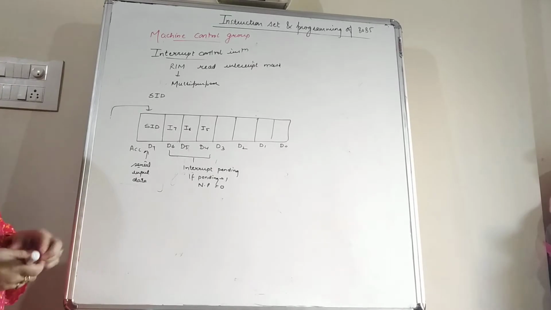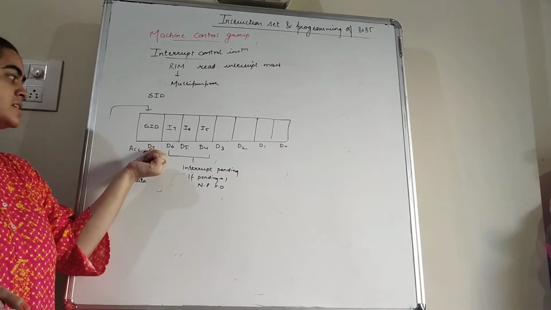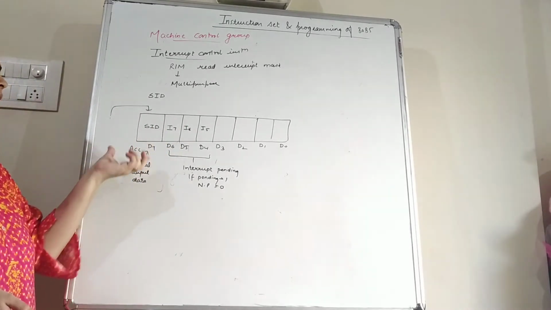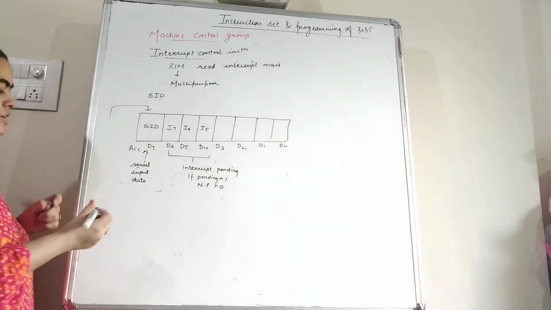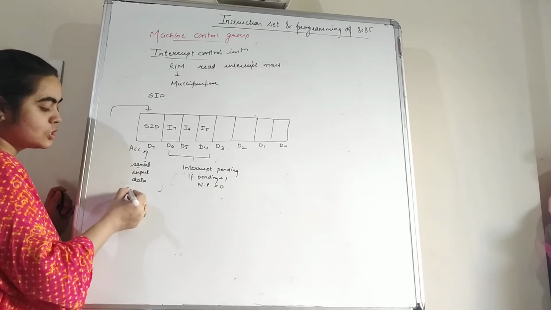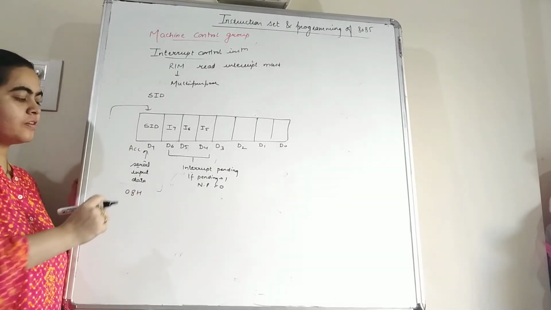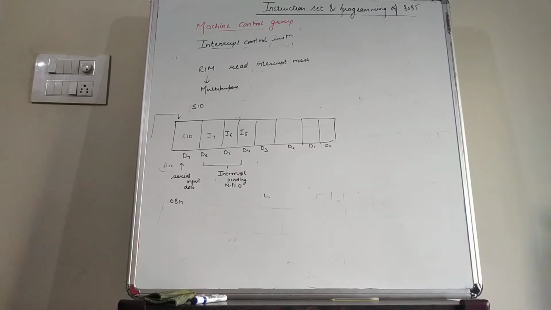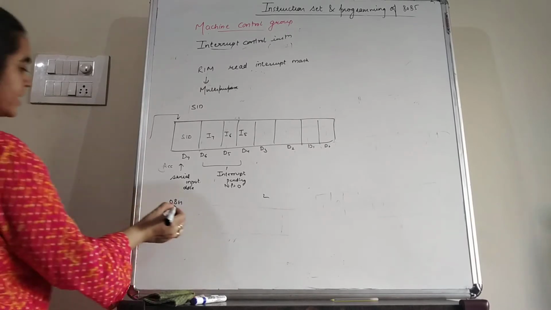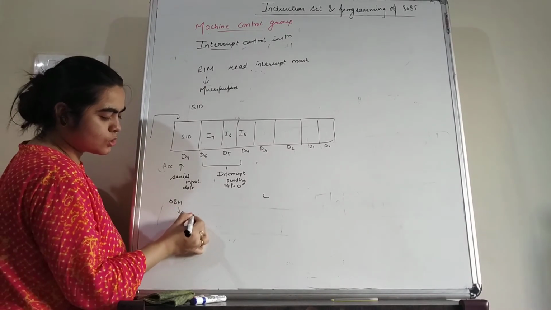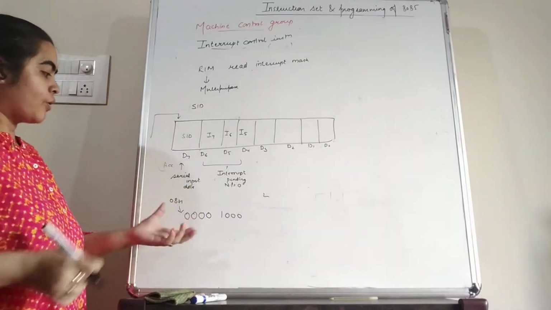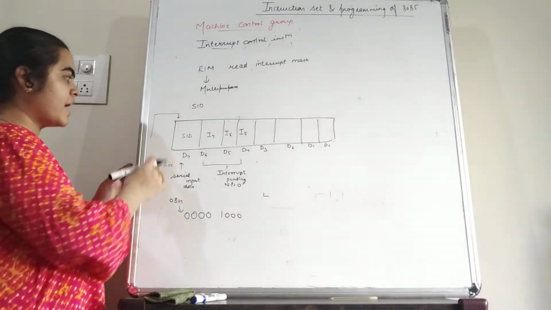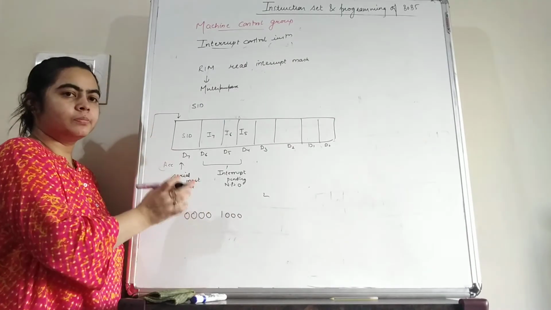So one by one, on the D7th bit of the accumulator, the peripheral device will send the data to the microprocessor. For example, if we want to send 08H from the peripheral device, the binary form of 08H is 00001000. So according to these binary bits, the peripheral device can send 1 bit at a time.